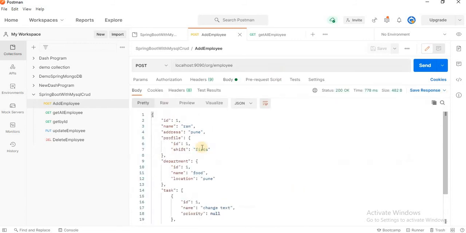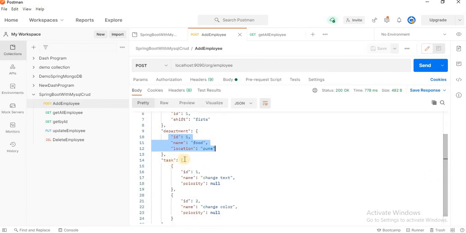We can see here we pass ID, we pass name Ram, address Pune, then we pass profile detail. That profile detail also added successfully. Then we pass department, that department detail also added. Then we pass task. Here task priority, I think we made a spelling mistake.